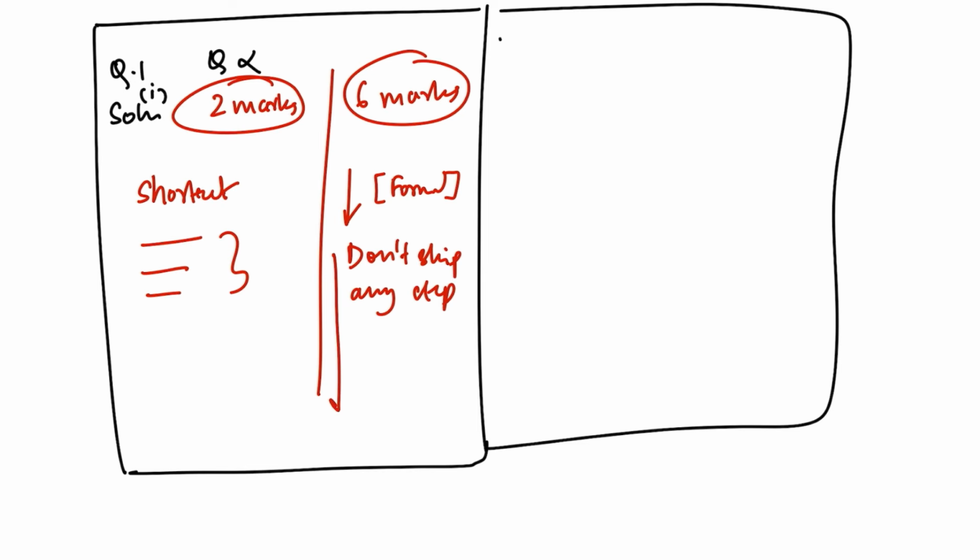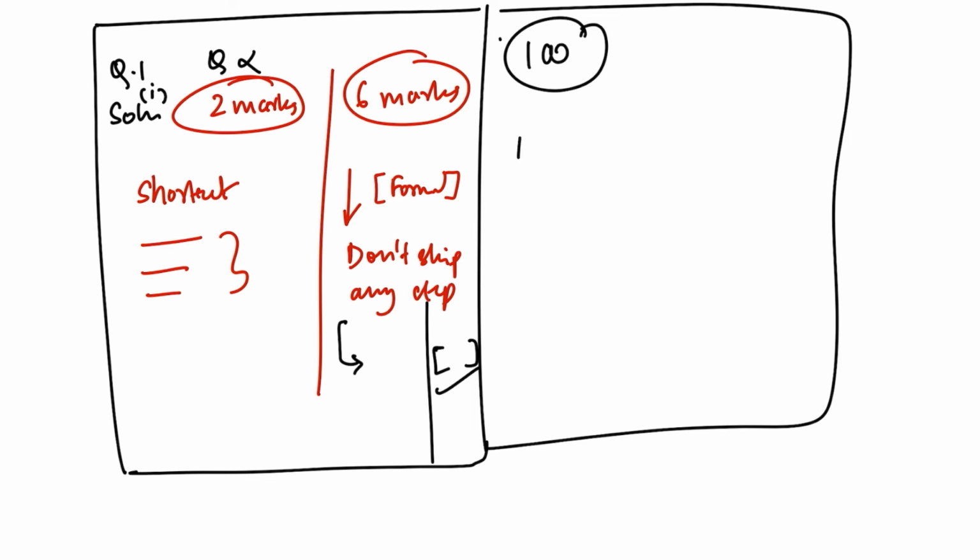You should maintain the flow of that question. So you'll have to explain and present everything in your paper so that you can make that person reading it understand. Same applies for all the other subjects also. You people are directly skipping 2 to 3 steps. I did not skip any step, and that is why I scored 100. I had that fear in my mind. If I skip a step and the examiner is not able to figure out what happened, then he or she